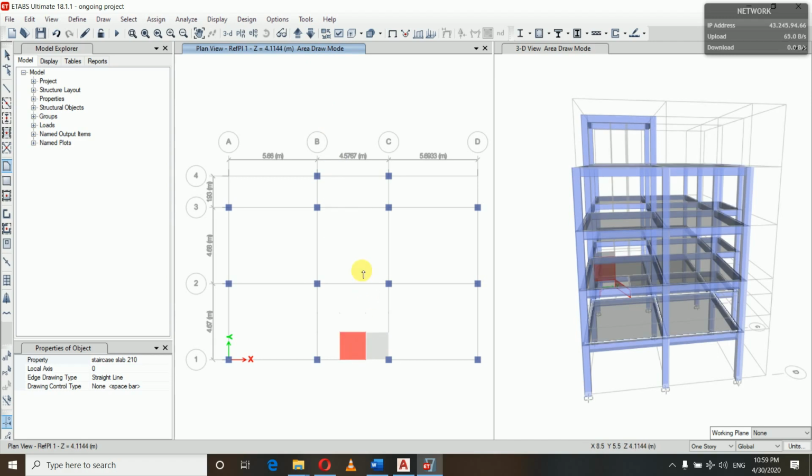So clicking on the initial point, you can see we have created two of the wedge slabs. And now go to reference plane 2,